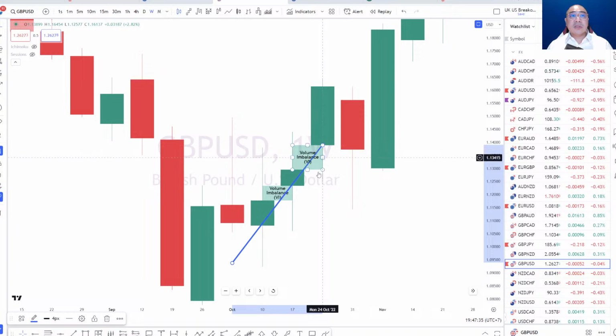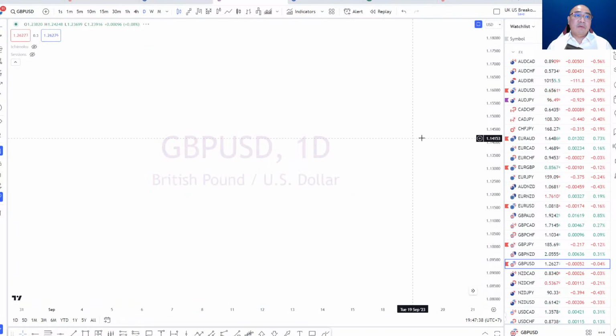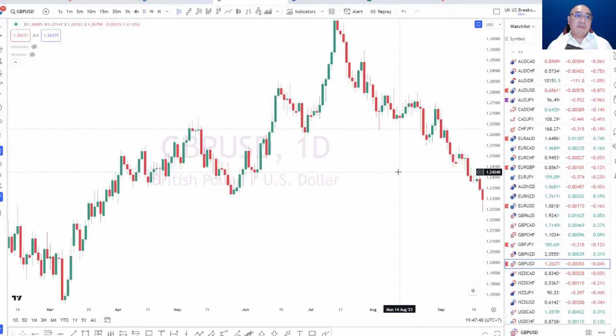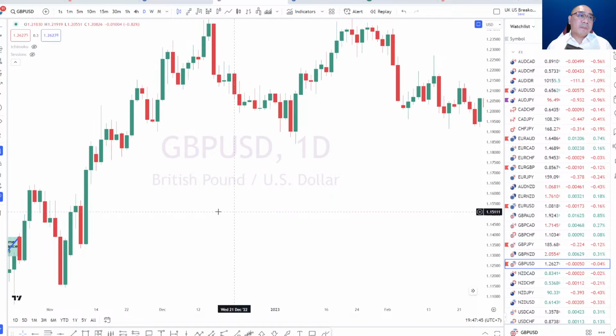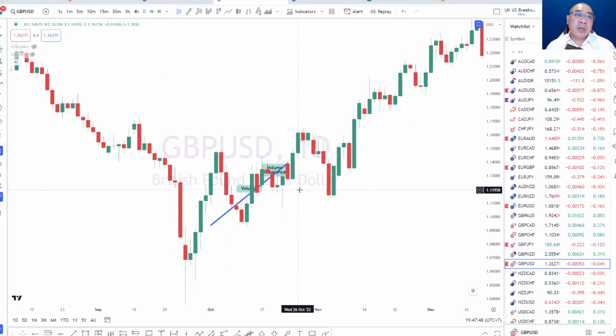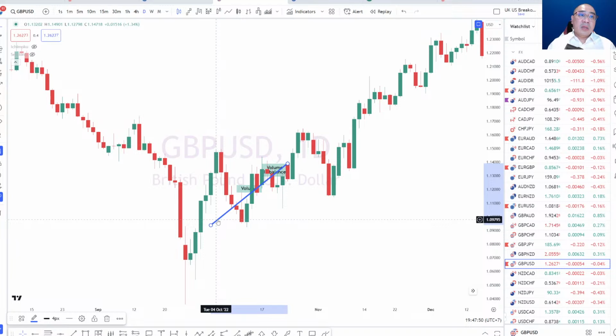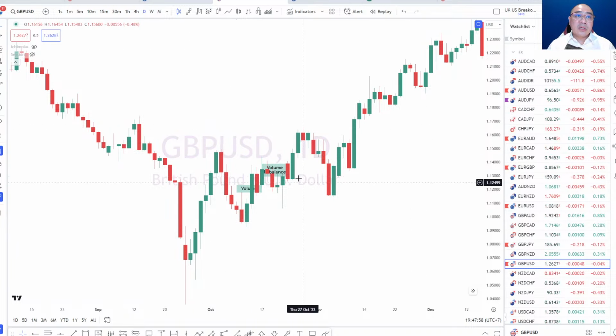If we see this, still picking up on the daily time frame, let's see where the volume imbalances are located. All right, there we go. So I'm just jumping in onto the daily time frame. The daily time frame doesn't actually show you that volume imbalance, but on the weekly, it does create a little bit of a volume imbalance. So this area here where it created a little bit of a volume imbalance, always go into a time frame smaller than that, and you'll potentially be identifying a break of structure or change of character in the markets. Just keep that in mind if you're looking at a volume imbalance.